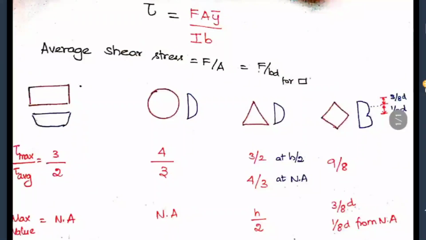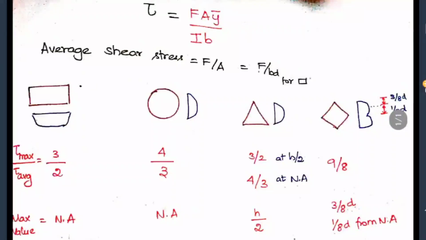And what does I mean? It is the moment of inertia. This moment of inertia also should be for the section above the neutral axis if you are considering. And normally for a rectangle it is B d cube by 12, but here instead of that D you should substitute D by 2, because we are considering above the neutral axis only, and B is the width of that section. So the formula is simple only, but the values you are applying should be with reference to the point where you are finding the shear stress.